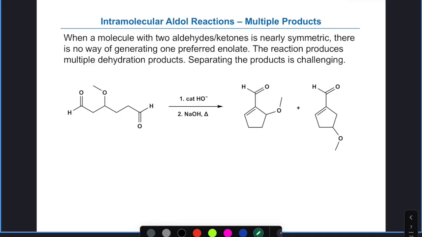This is the last class of reaction you could have. You have two carbonyls. They both could be donor or acceptor. And worse yet, both pairings lead to 5-membered rings. This is one where you have no control. Ideally, try not to do this kind of reaction because we don't have any of the mechanisms we